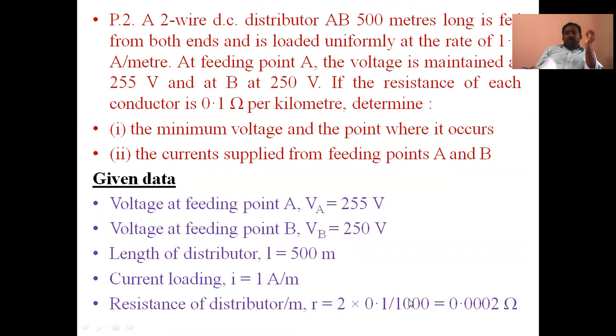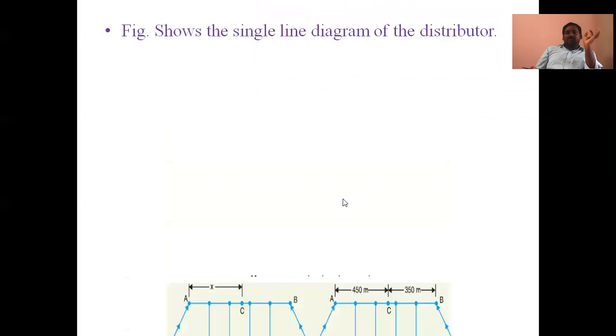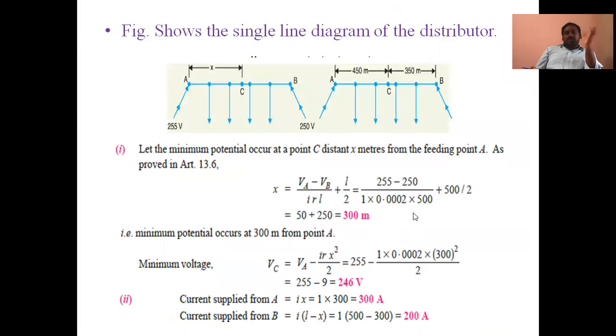The resistance is 0.02 ohm for the loop conductors, these two conductors. That's why it is substituted here, and here the total length is 500, then X is 300 meters. Minimum potential occurs at 300 meters. Then the minimum voltage is